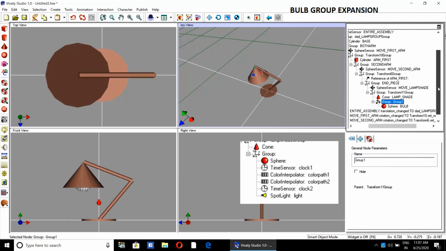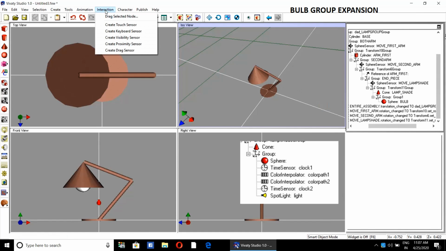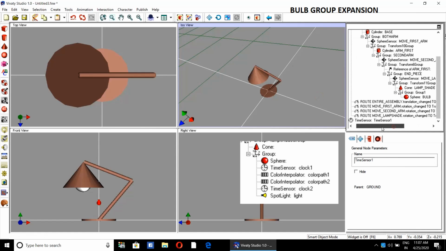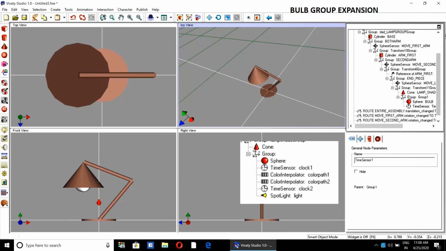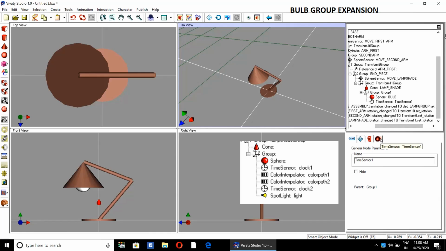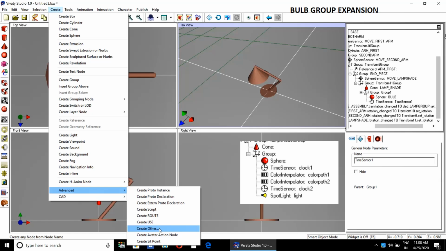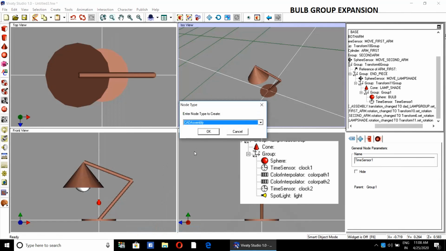I will bring the bulb into the new group, and then I will add a time sensor. I will add a color interpolator. Here we will be adding the color interpolator.